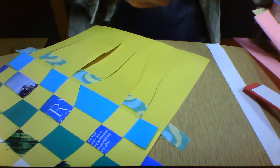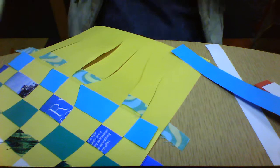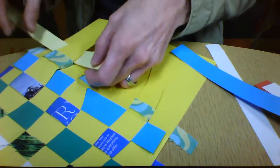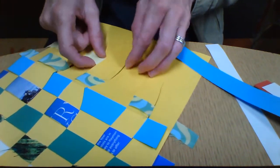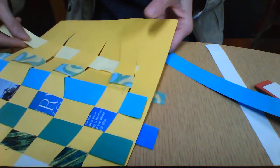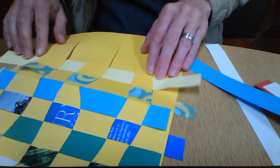But I think I'm gonna wait. I have some yellow as well. I think I'll go with the yellow. And that yellow matches the fabric, so I'll go with that. Okay, great. I have that, and now